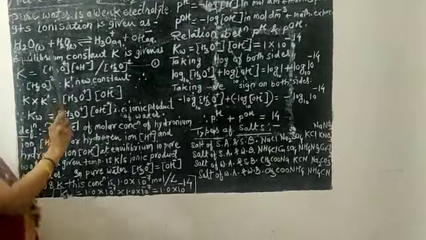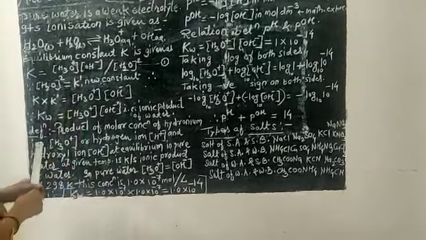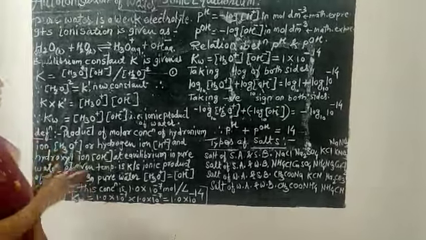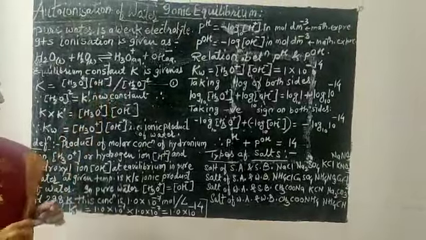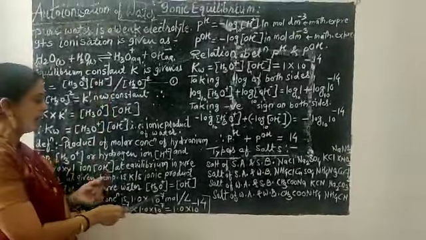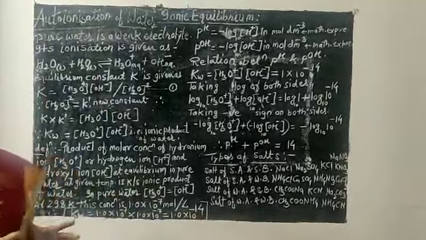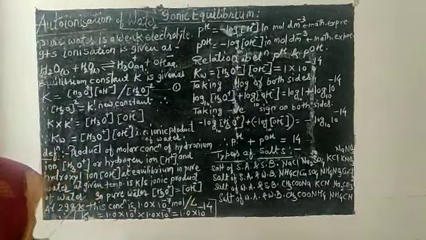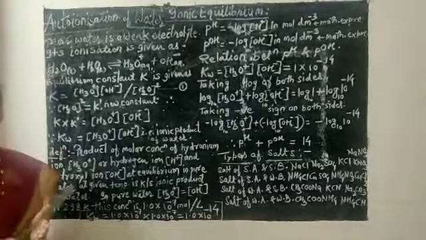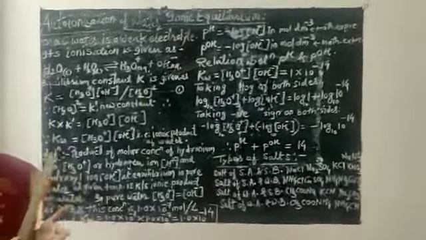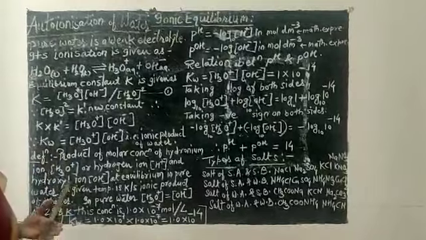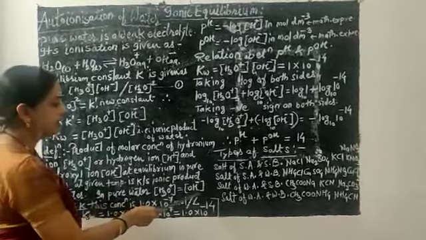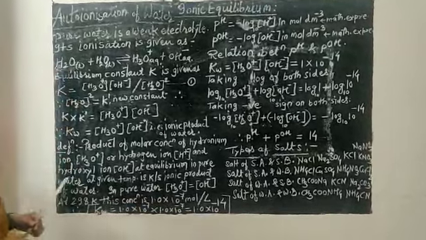Now pure water. In pure water the dissociation takes place as H+ and OH−, or H3O+ and OH− ions. So in pure water the number of H3O+ ions and OH− ions are exactly the same. That means one water molecule will dissociate as one H+ ion and one OH− ion. So in pure water, the concentration of H3O+ ion is exactly equal to the concentration of OH− ions.